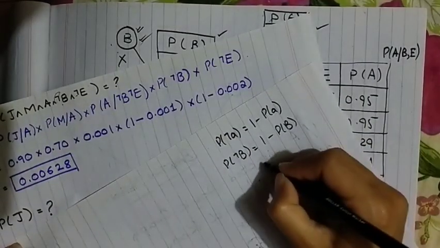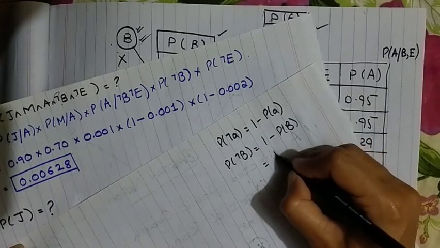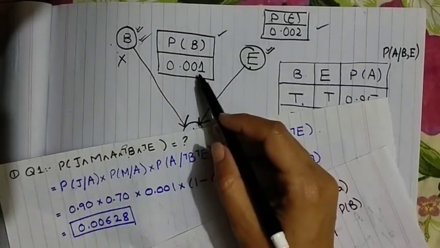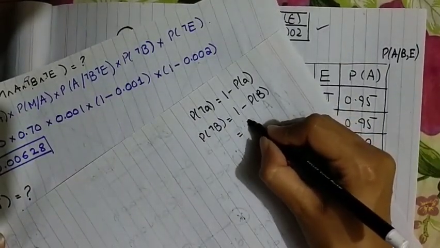So that case we have got the value which is 1, here it is 1 minus 0.001,